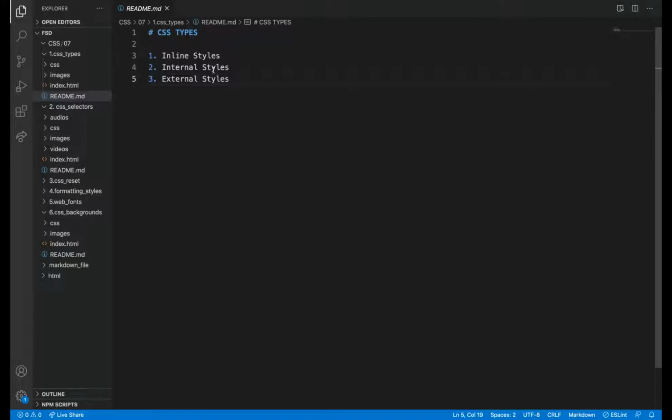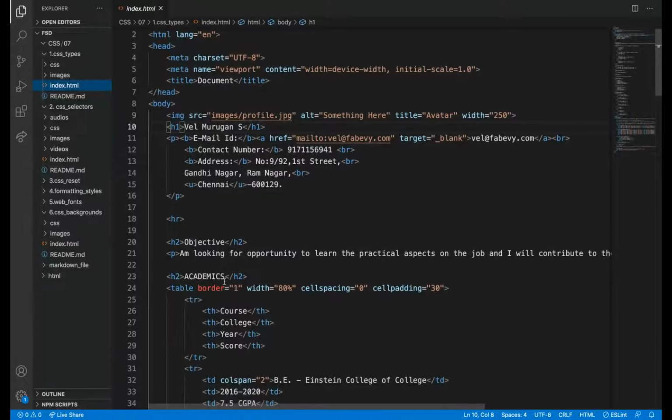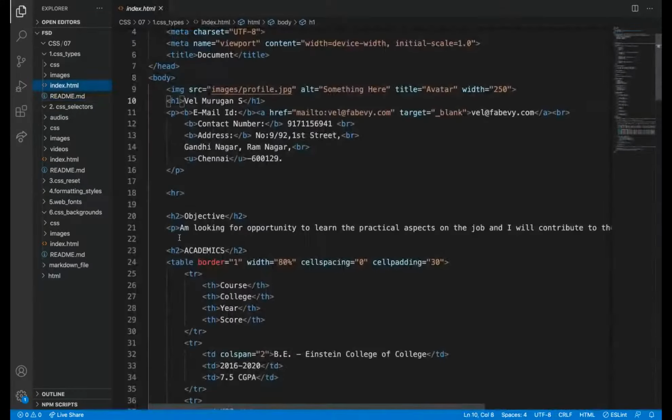So we are going to see types of CSS. How many types of CSS? Types of CSS: inline styles, internal styles, and external styles. We will see these styles with examples. So what we are going to do is add a style attribute.